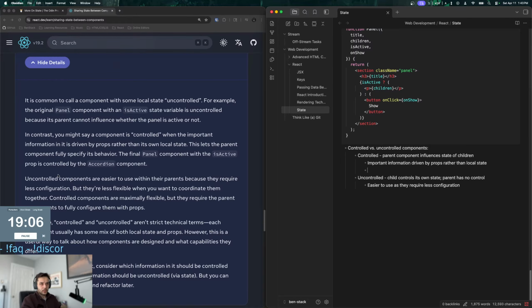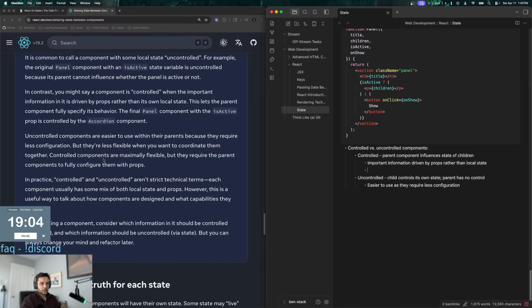Let's see. Or wait, no. More flexible. Require parent components to fully configure them with props.